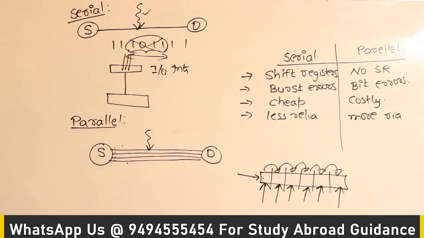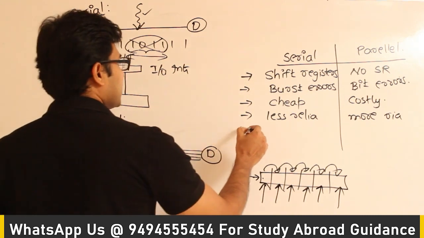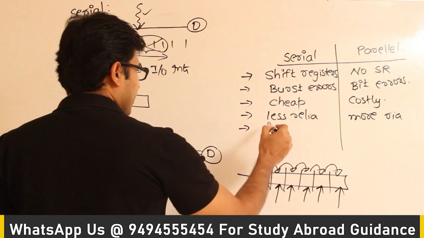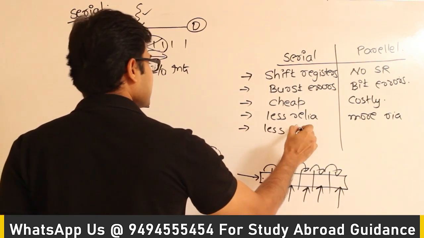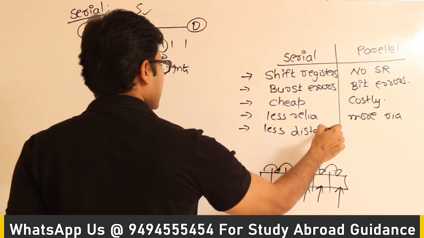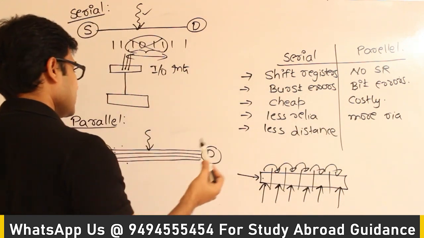shorter distances. Shorter distances means, if you consider the distance between two registers in a CPU, or the distance between the memory and CPU, the distance is going to be less, right? So in such cases we are going to use the parallel. So parallel communication is used generally when the distance is low, right? So it covers a less distance, because if you want to go with a larger distance, you cannot